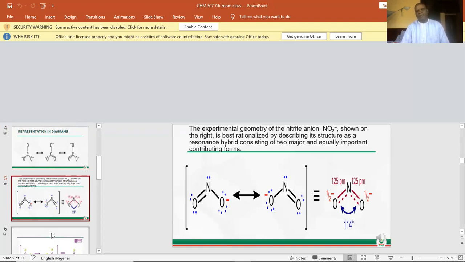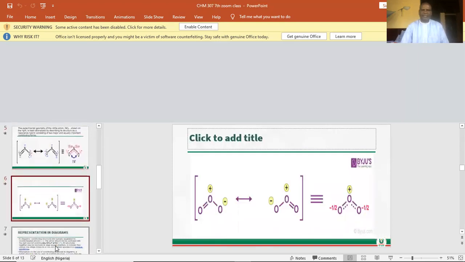And the bond angles also differ. This is what happens. The equivalent side gives you actually the picture of the intermediate, what is actually happening in between the two. You see the bond angle here is 114 degrees. The next slide is almost the same slide with what we have on the fifth slide, but